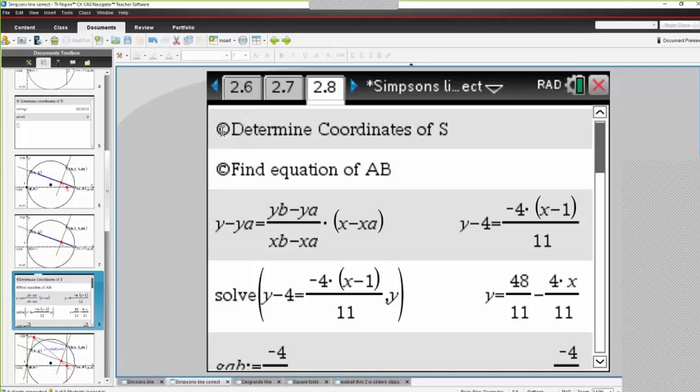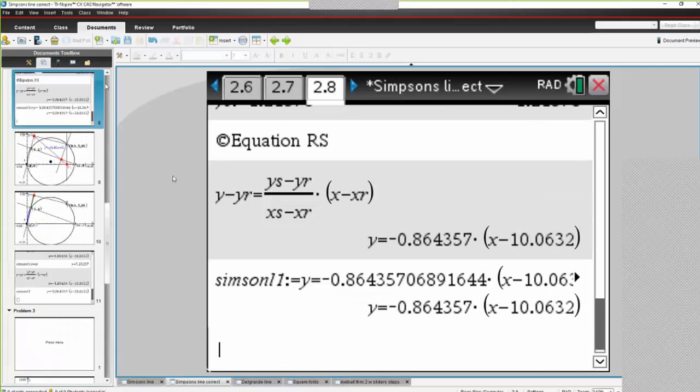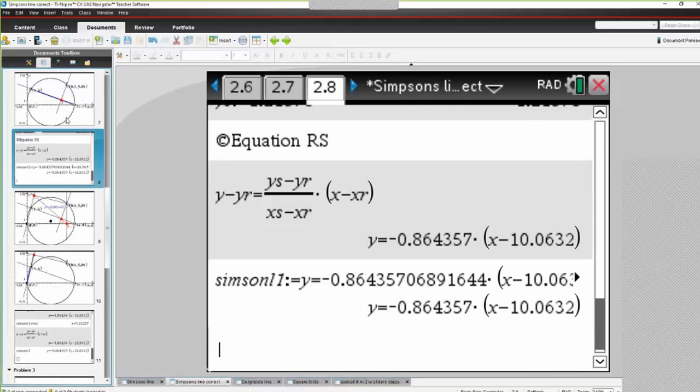So I'm going to determine the coordinates of point S, and to do that, I first need to find the equation of AB. Now, you might have seen in the earlier version that I used, I tried doing a split screen, and it's just better to swap back and forth between the screens. If I need to look at the diagram, I can, and that's just jumped ahead on me, so let's go back there to where